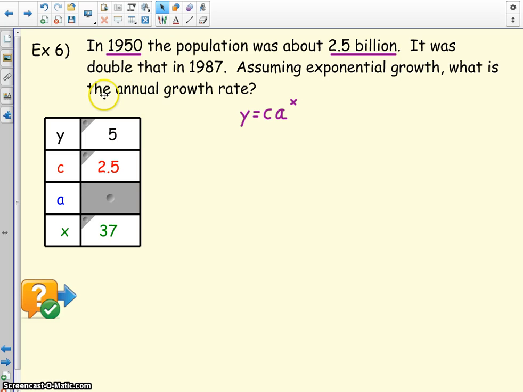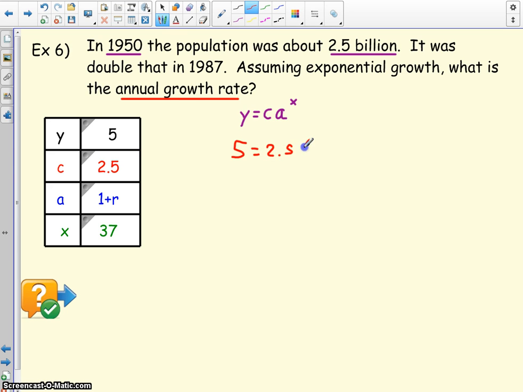Okay, and we're looking for the annual growth rate, and the annual growth rate would be part of our base of our power, so we're actually looking for A. Okay, and if you want to, you can immediately start by putting 1 plus R in the equation for A, or we can solve for A first. I'll probably find it easier to solve for A first, and then we'll try to find our growth rate from there. Let's put everything we know into the equation first. So Y is 5, C is 2.5, and we have some A value that we don't know,